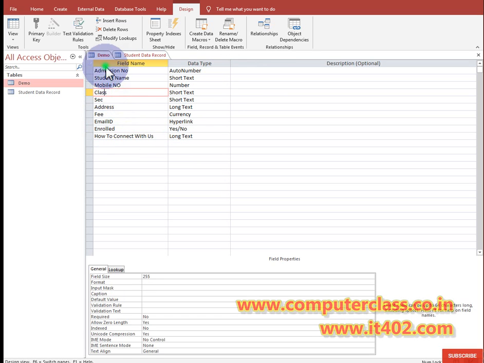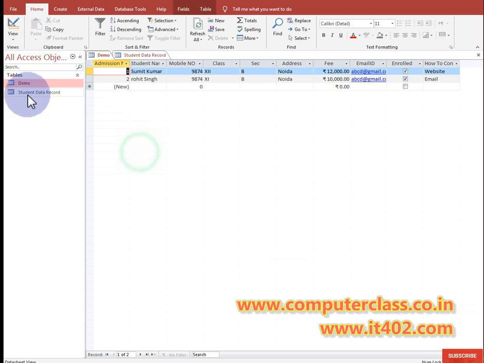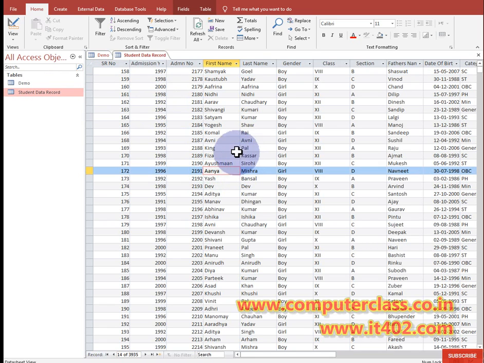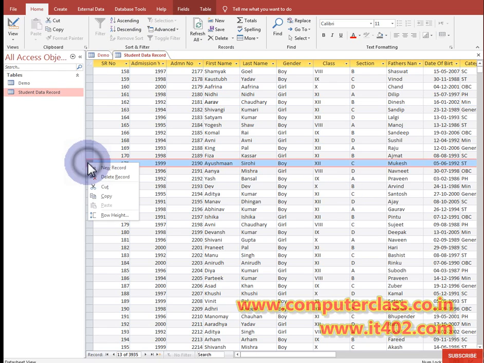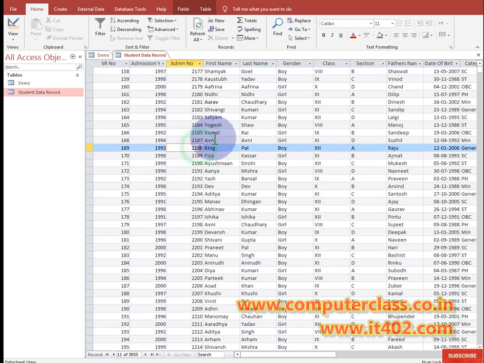We completed all these, and after that, in the last class, we imported an Excel file into Microsoft Access, and that was the student data record. In this we quickly used ascending and descending order, and how to delete a particular record or how to insert a record. We just covered all these. So we have the data.